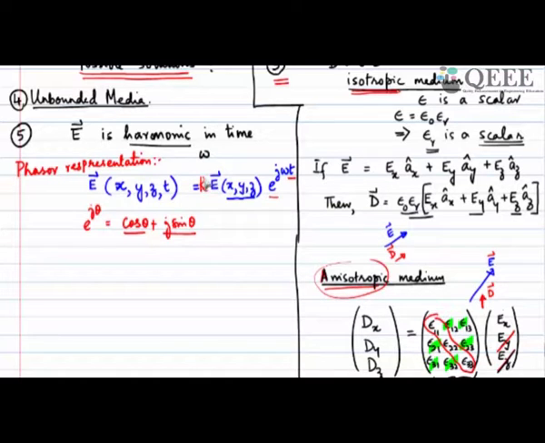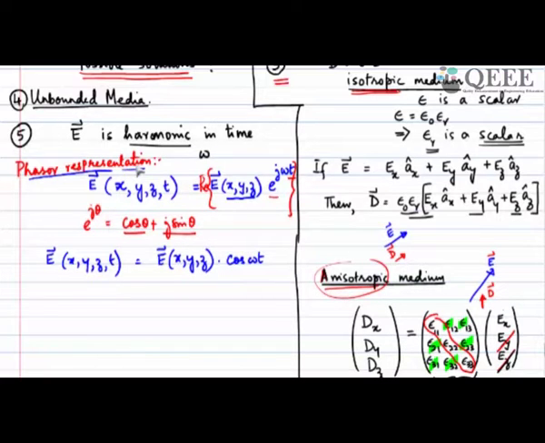I should say this is the real part of the phasor, which means I am claiming that my E(x, y, z, t) is actually E, the vector which is dependent on space, cos omega t in general. I could have an arbitrary phase plus phi if I want,